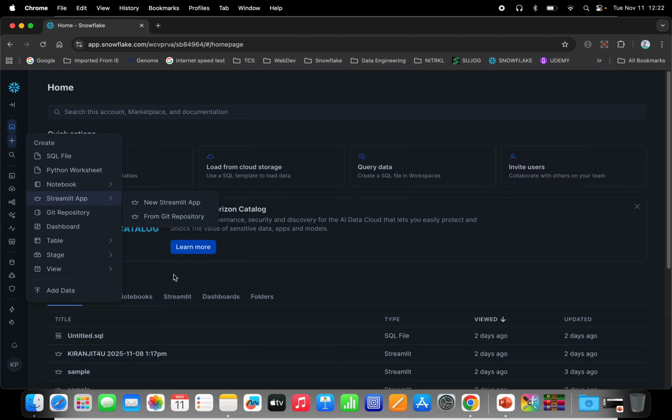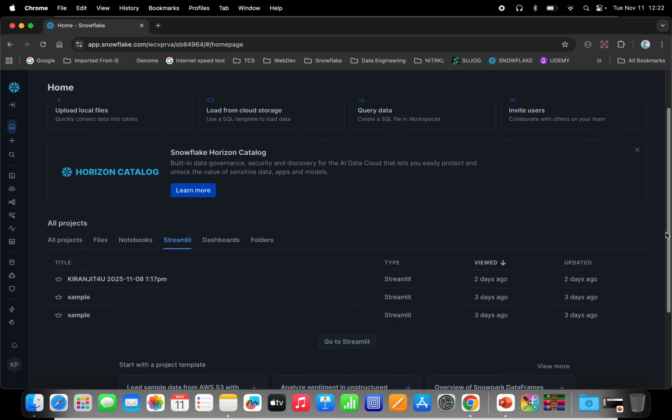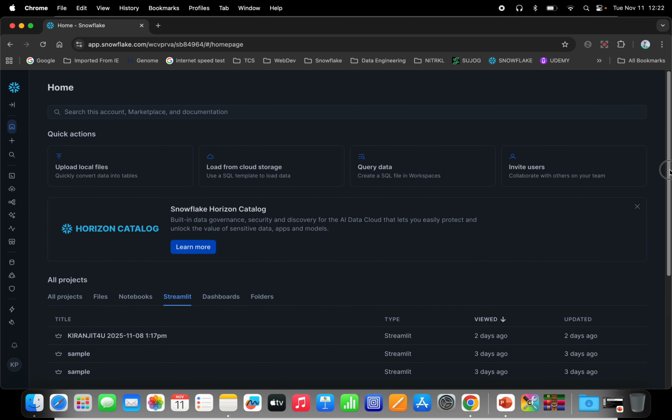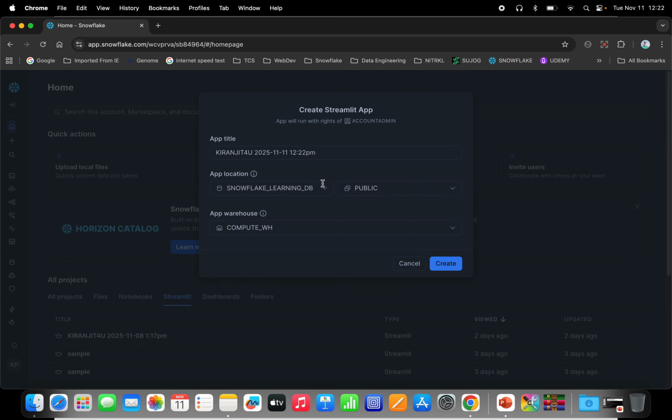Or else we have another option. If you have already created any Streamlit application, you can browse it through here. Like you can see, I have already created a few projects. So if I click on this plus and click on the Streamlit application, it will suggest creating a new Streamlit application. I already have a warehouse allocated, and you have to make sure you give some name to the app. Suppose I'll give an example,